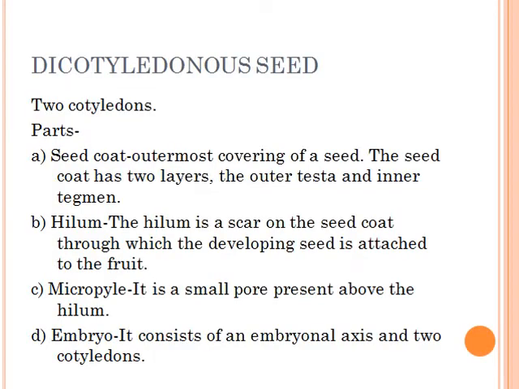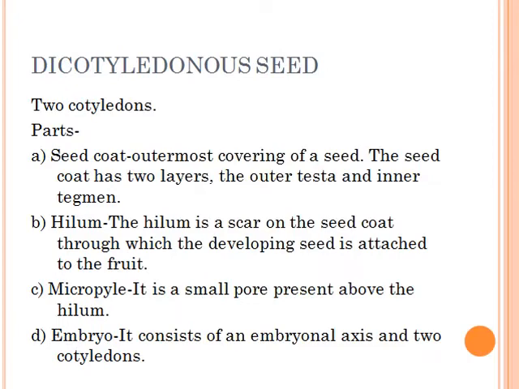Now dicotyledon seeds. Di means two, so the seed which consists of two cotyledons is known as dicotyledon seeds. Now what are the parts? Here, the seed coat is the outer covering of a seed. The seed coat consists of two layers, the outer testa and the inner tegmen. Now hilum. Hilum is a scar on the seed coat